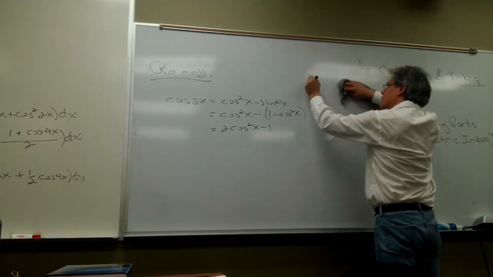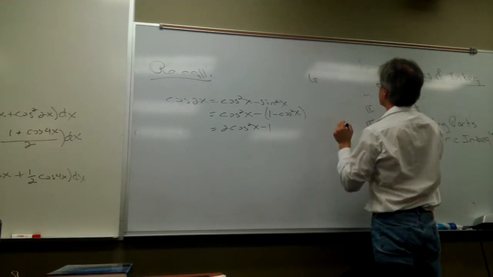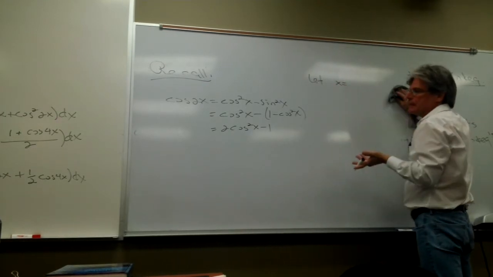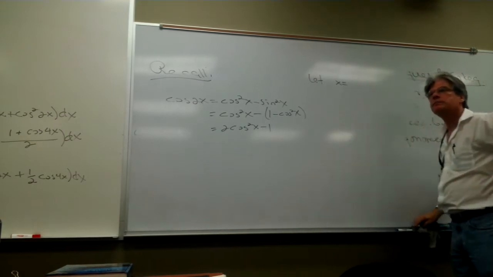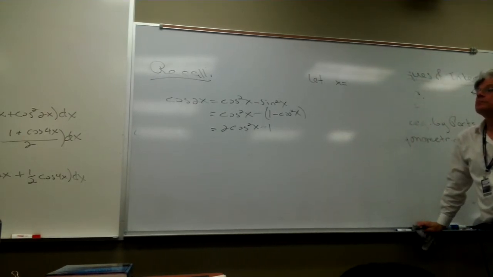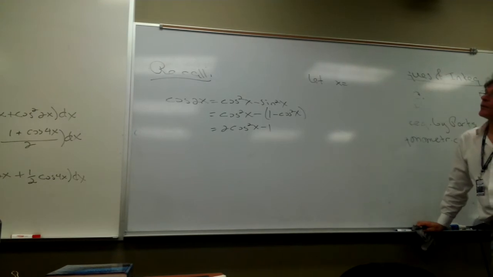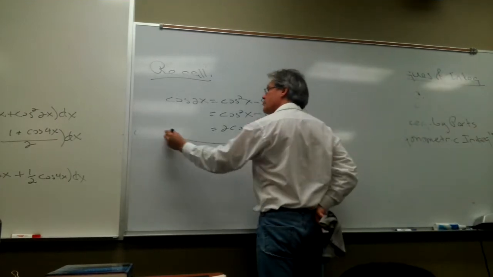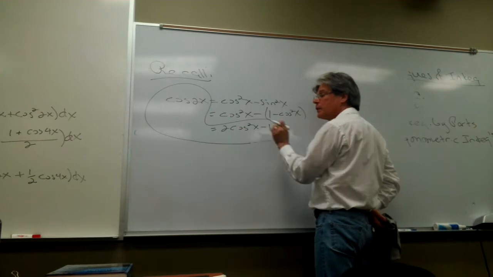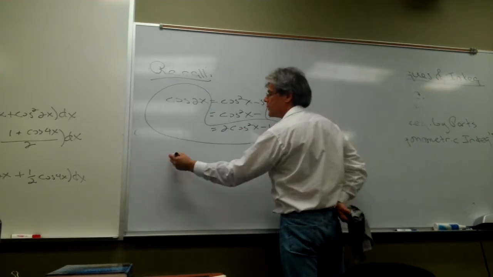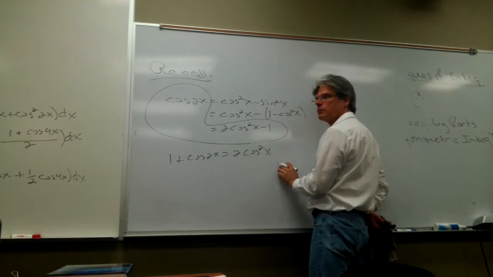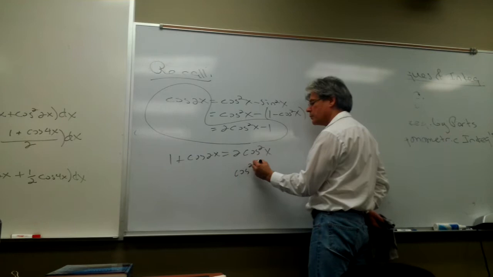Now I want you to allow me to rewrite that. Oh, did I just erase that? If I take my x and replace it with, I don't know, any ideas? I am trying to come up with a different identity over there. Why don't you just solve this? Just take this equation right here and isolate the cosine of x. Well, I have to add 1 to both sides. I have to divide both sides by 2.